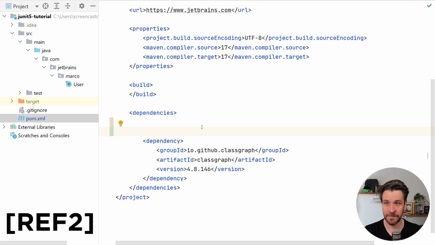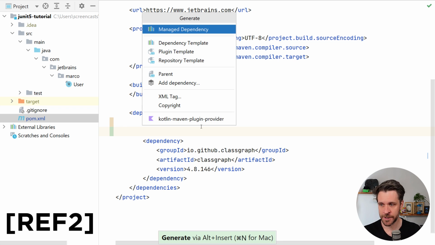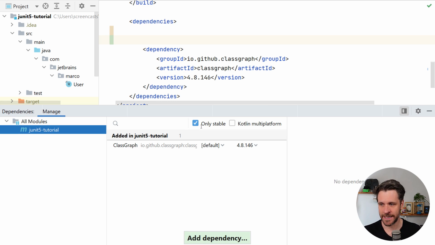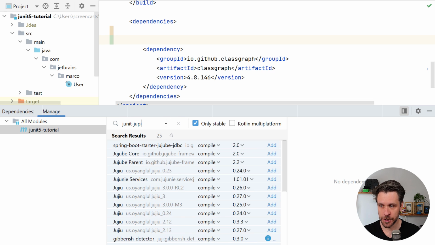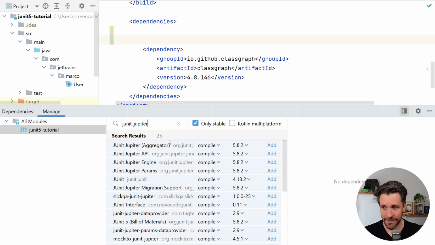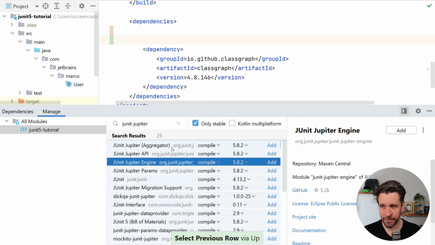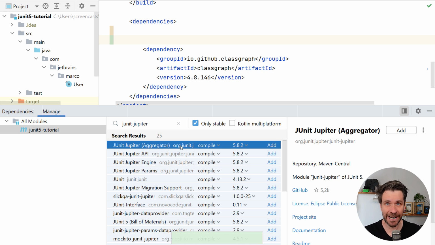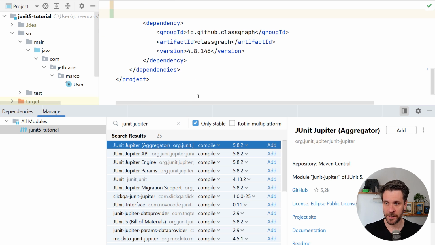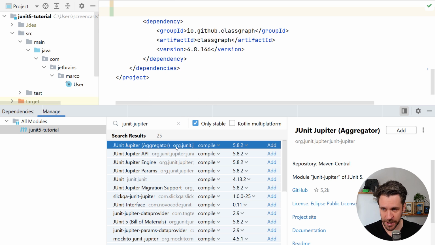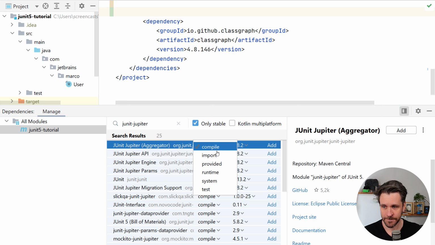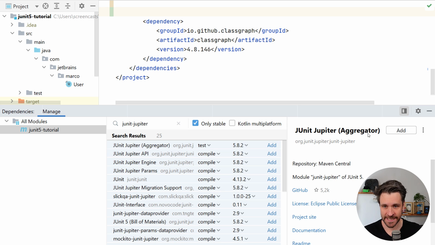Either go to one of the popular Maven search engines, or just in your IDE, add a new dependency, right? And you'll need to find the JUnit Jupiter dependency. Quick caveat, there's multiple JUnit Jupiter dependencies, so API, engine, params, whatever. You want to get the aggregator. You don't have to do all of that if you're using a framework like Spring Boot, which pulls in JUnit5 automatically for you. But for our case, an empty project, JUnit5 aggregator, set the scope to test here in IntelliJ,